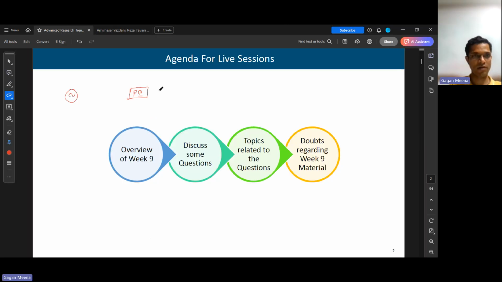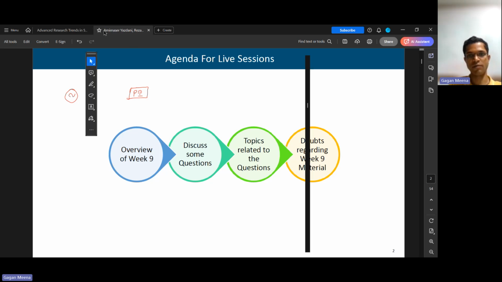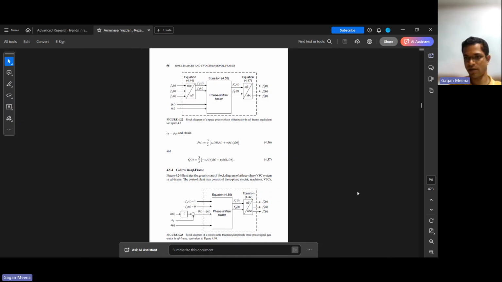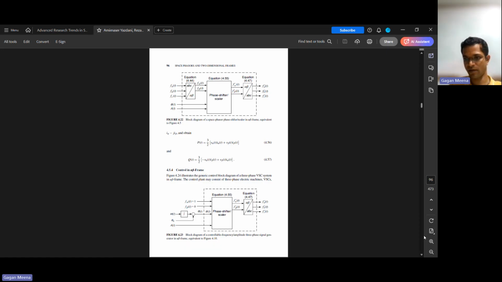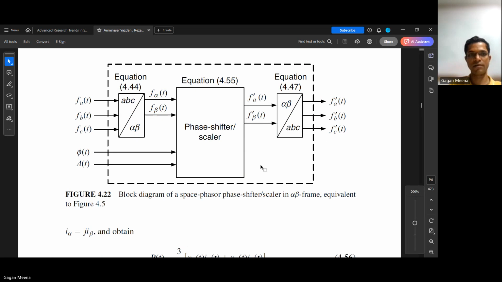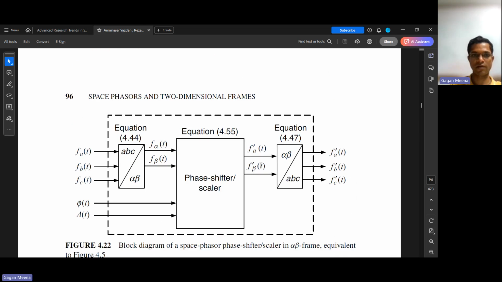Okay, so you were here. Yes, I can use this book directly. That would be much better for you to understand. Instead of me writing everything, I can directly show you using this book. So here you can see